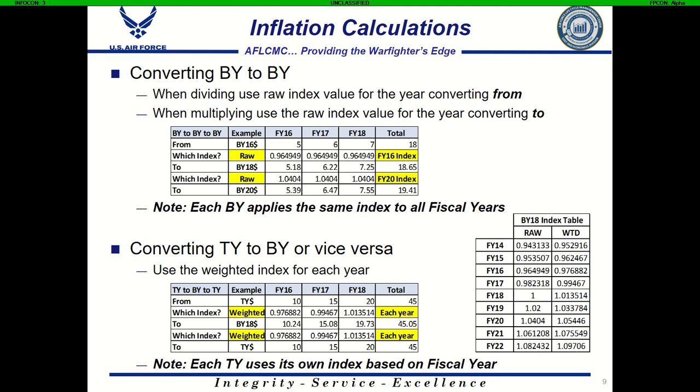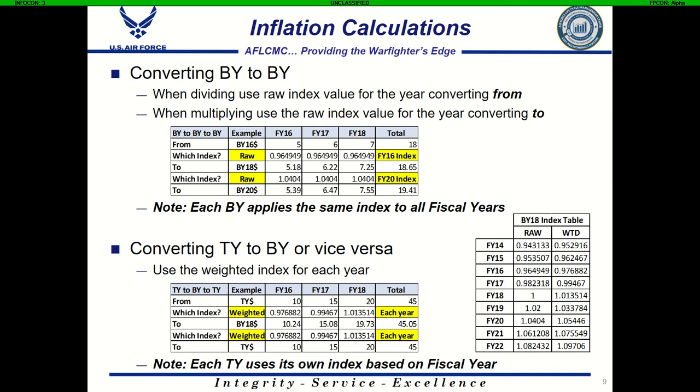So in order to convert those then year dollars to base year 18 dollars, the base year of our index, we now need to look at the weighted index for the year in which the dollars appear. So you see in the FY16, we're going to use the weighted index on our table for FY16, 0.976882. For FY17, we're going to use the weighted index for FY17, which is 0.99467. And for FY18, we're going to use the weighted index for FY18, which is